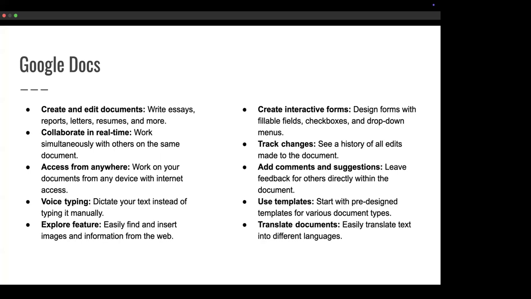Do we have any questions on Google Docs? And again, at the end, if there's any questions about any of these, I can go and open up the respective application and do a little show and tell. All right,